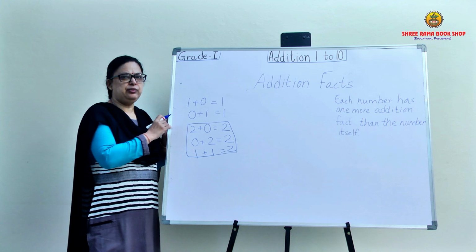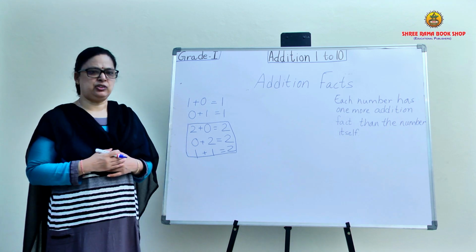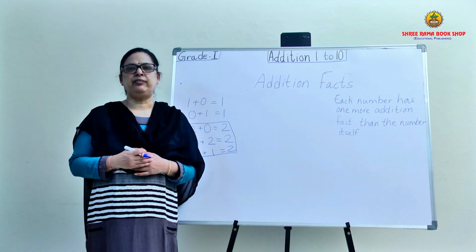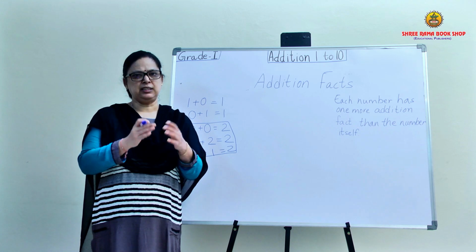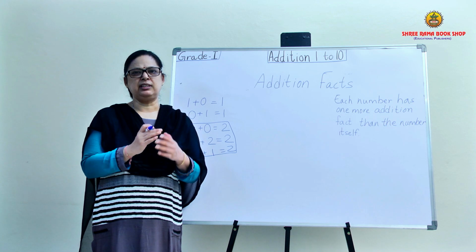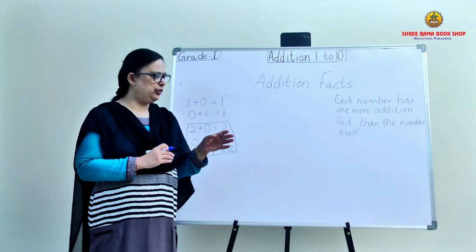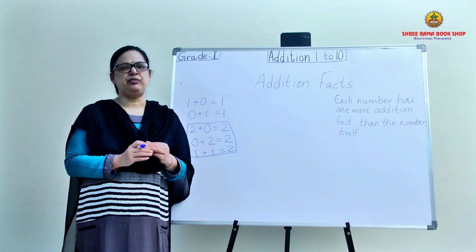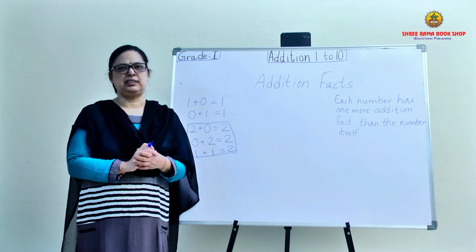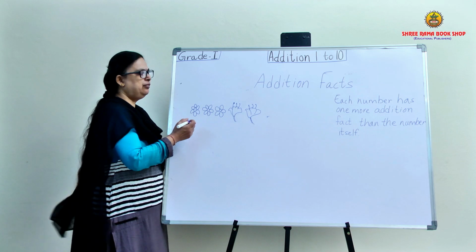Yes, children? Now we have the same way the additional facts of remaining numbers. These are given in your textbook till 8 and 9. And in a few places there are some blanks given for you. You will understand it very easily now that you know that every number has a fact like this. Okay. So I request every one of you to do those exercises. Now let us have one more example here.